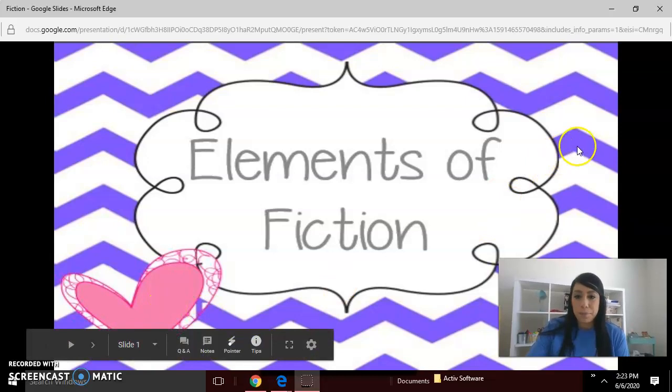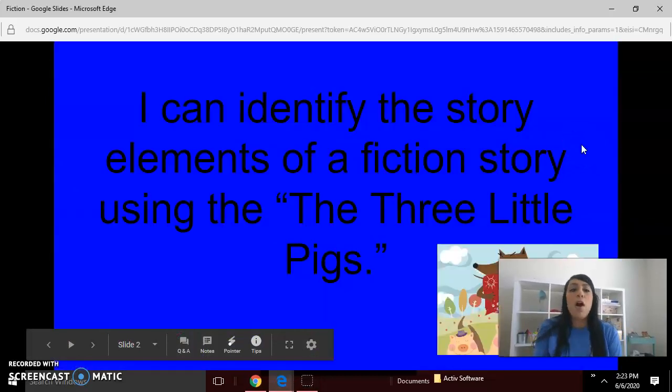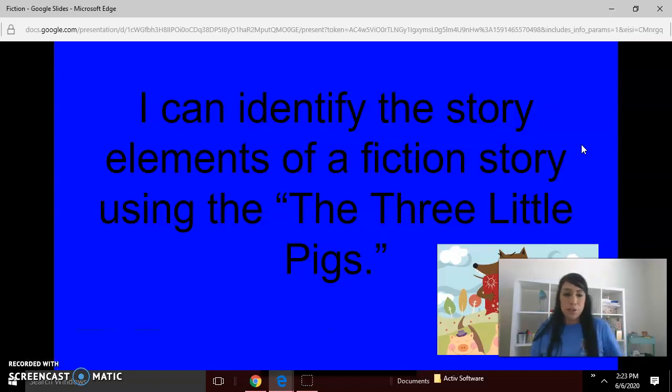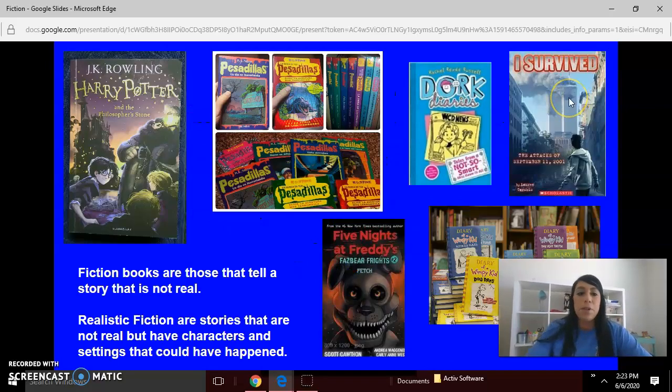So, for this week, our objective is: I can identify the story elements of a fiction story using the three little pigs. So we're going to be looking at A, what is a fiction story? B, what are some elements of a fiction story? And C, identifying them on our own. So let's go ahead. Okay, so before we even get started on the elements, we have to go over what